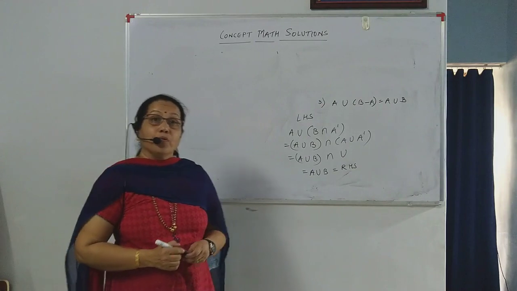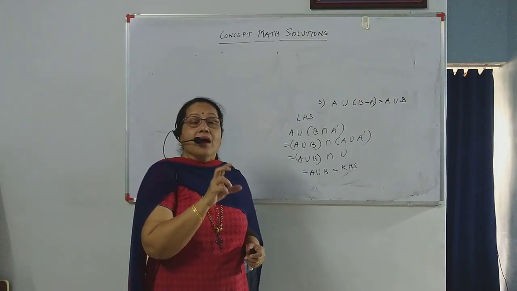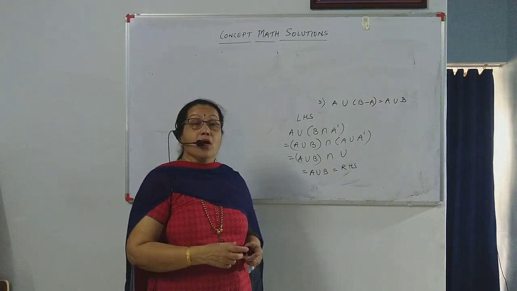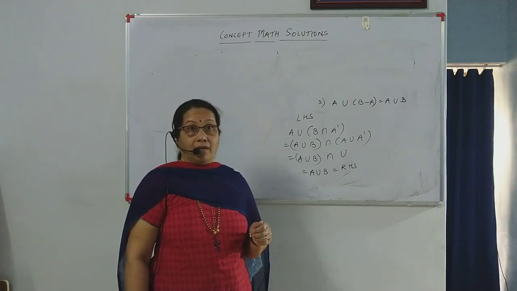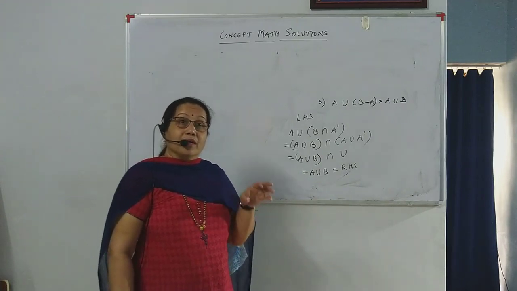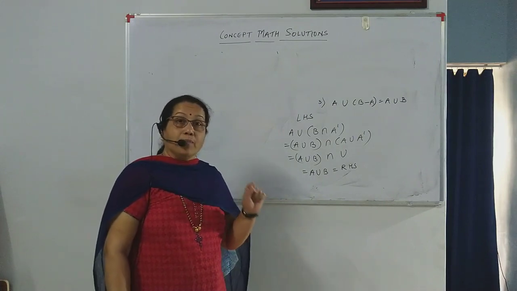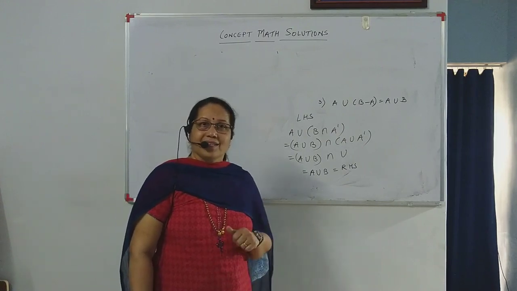That is, the proving questions in set theory are very logical, and they also need properties and De Morgan's laws and all. Also, the Venn diagram is a very effective helper, I would say, so that you can understand the situation, you can visualize the situation and prove the given question. Okay, so work on these questions. Best of luck.